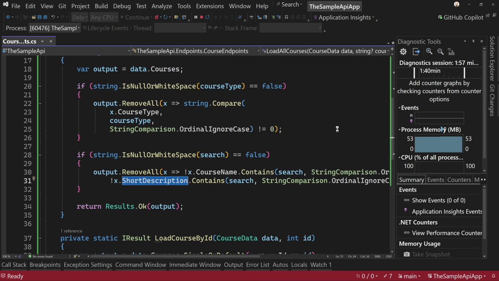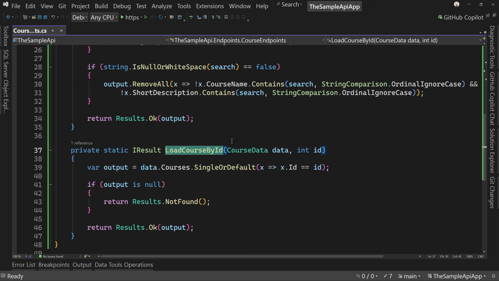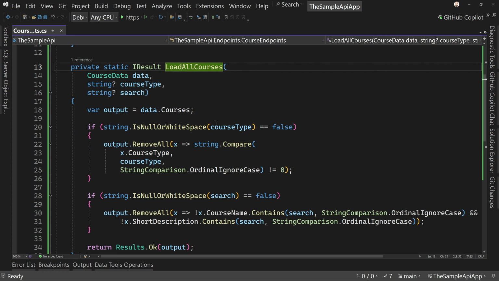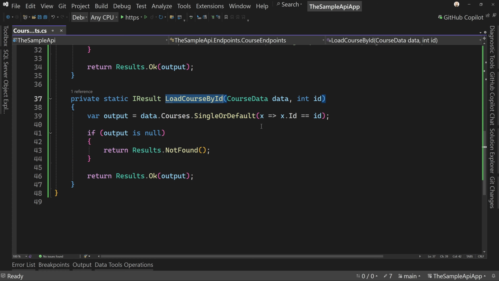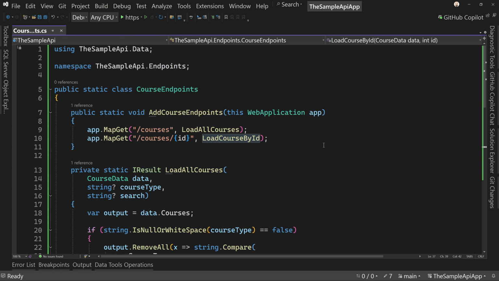But that now gives us two endpoints to work with. We have an endpoint that loads all the courses. We have an endpoint that loads just a course by ID. So if you're searching for something, you'd load all courses and do a search or filter by course type. Once you found the course you wanted, you could go back to it by loading it by its ID. All right, so there's our endpoints for testing an API. And really that's kind of the heart of our sample API, these two endpoints, so that you can load data on a page, you can see it coming back, you can filter it, you can sort it, and